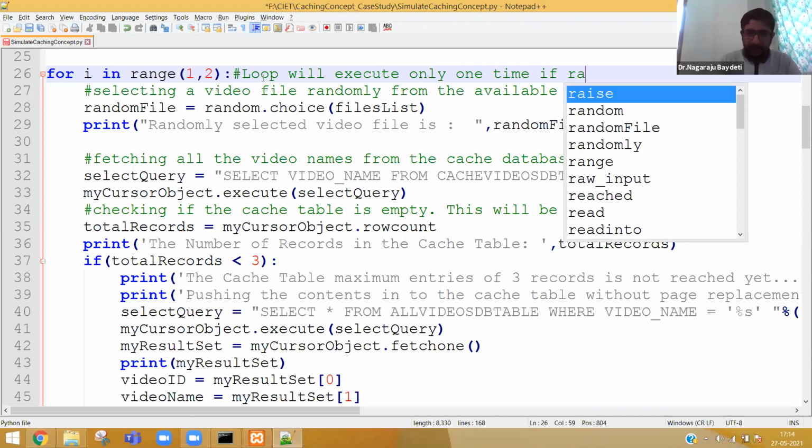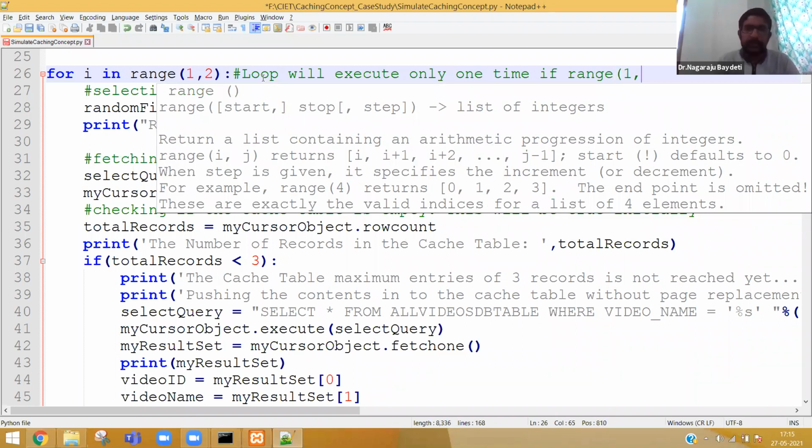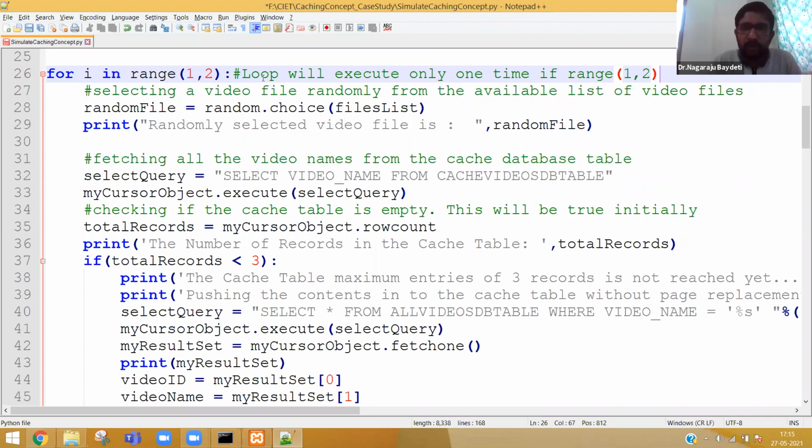Sir, why write a loop which executes only one time? There is no point. First of all, I wrote it here because I don't want to execute the loop 10 times so that you will not know what is happening in the background. A file will be selected, a file will be deleted, a file will be selected. So for explaining the program, purposefully, I mentioned here range 1, 2.